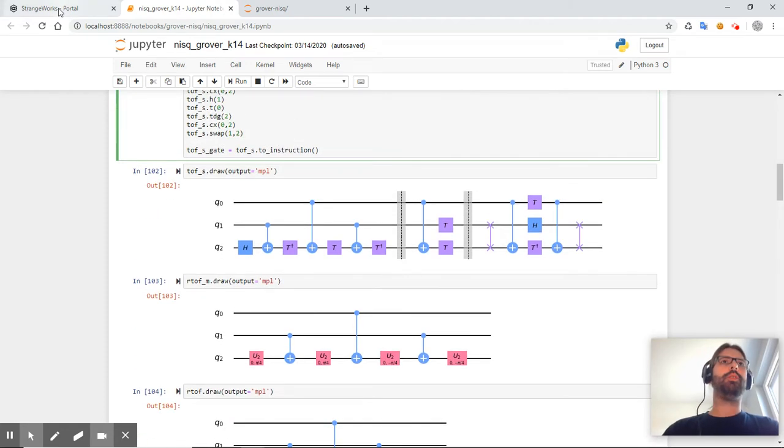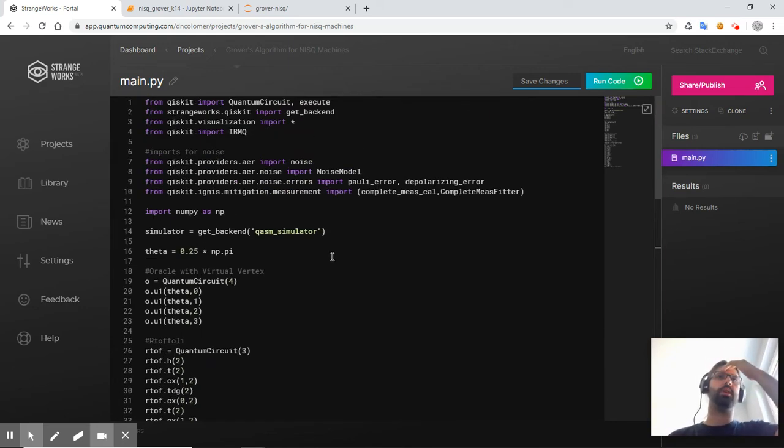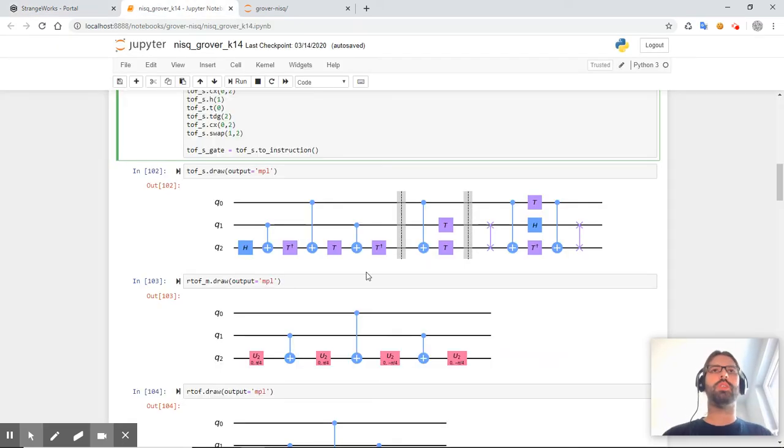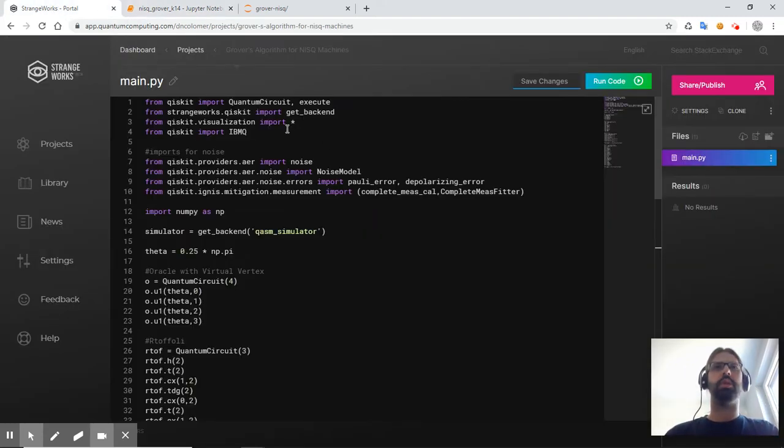We can draw though, but I figured it out yesterday. What you can do with Strangeworks is, because apparently the way this output is captured here is a bit dirty, it's not something you can easily do. I don't know exactly how this is implemented, but it doesn't work right away here. But from the Strangeworks wrapper, I think that's from Strangeworks, you have the